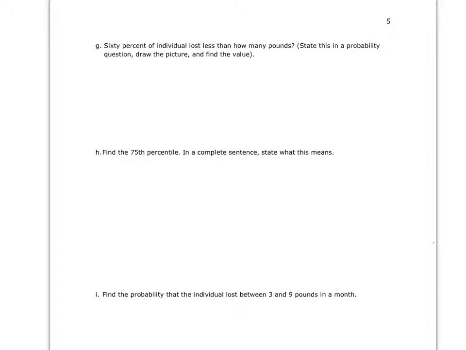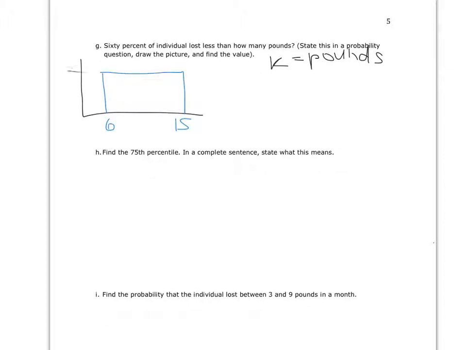Okay, let's look at this one. 60% of individuals lost less than how many pounds? We'll again use k to stand for that number of pounds that we're looking for. And if we draw the picture of the density curve, going from 6 to 15 with f of x equaling 1/9, what we're looking for is a k value such that less than it is 60%. So k is going to be somewhere around there, and we know that this area right here is 0.6. So we can write the probability statement. The probability that x is less than that value k